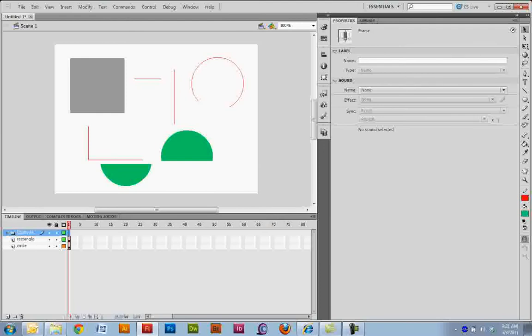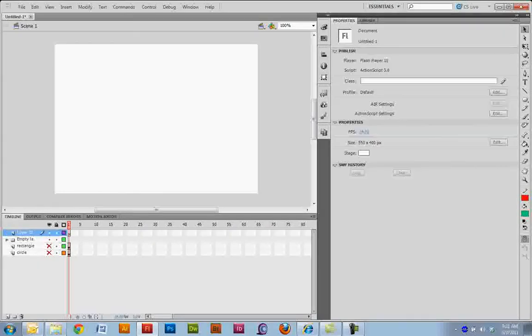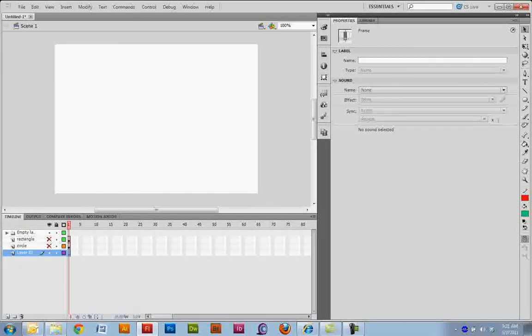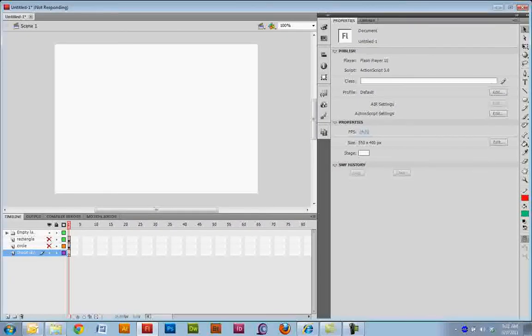Now let's look at the types of layers. One of the types of layers that I want you guys to be aware of is what's called a guide layer. We'll use that one first. I really like guide layers. I'm going to move that layer to the bottom. I'm going to call it the guide layer. Now, we have rulers in Flash, and rulers, we can pull guides from rulers to